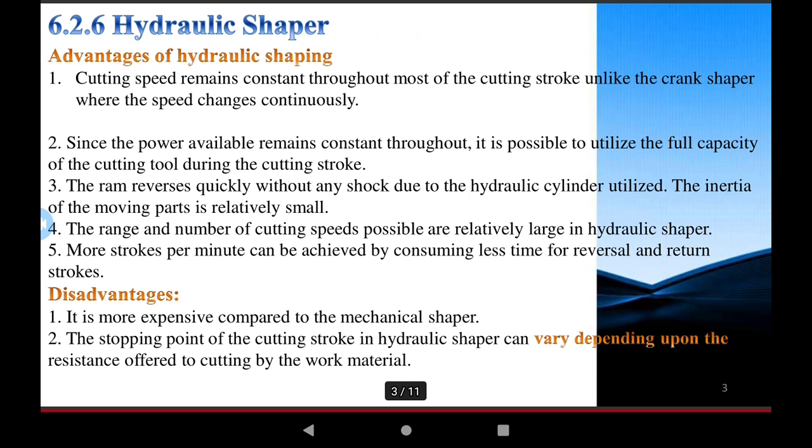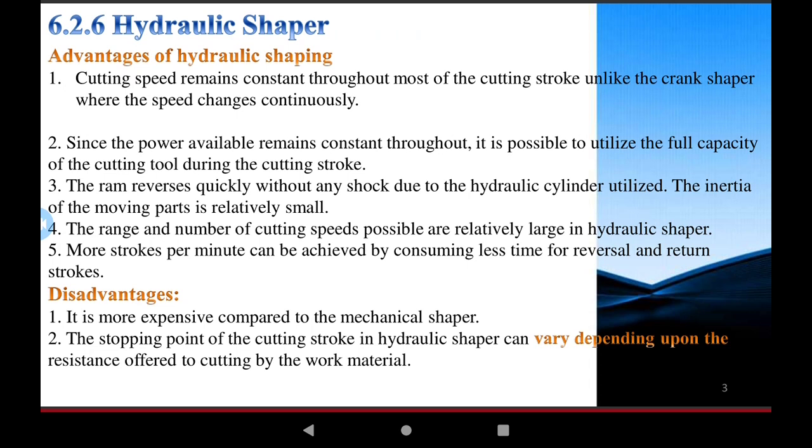The hydraulic shaper machines have an advantage: in these shaping machines, the cutting speed remains constant. This is the most important objective of this machine. From the start to the end of the manufacturing operation, the cutting rate is constant through most of the cutting stroke,